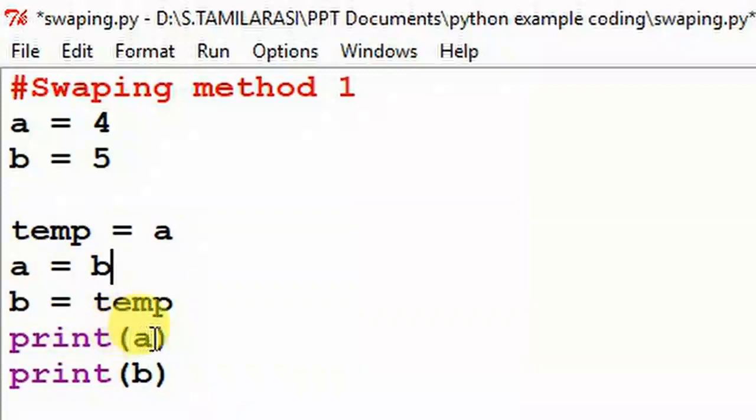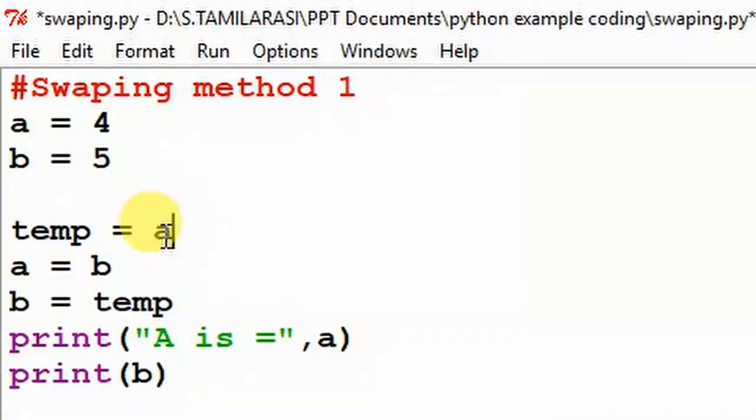Now print a: finally the a value stored is 5, so print a is equal to 5. And next, finally, b is equal to temp. Already the temp value is 4.